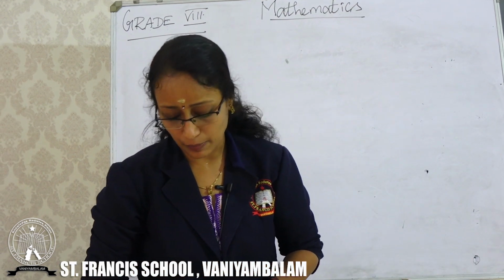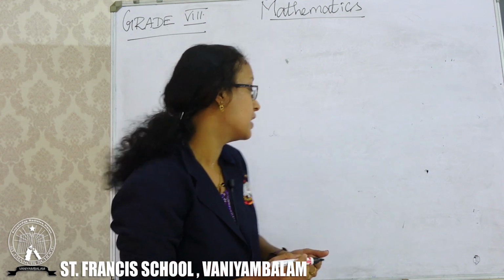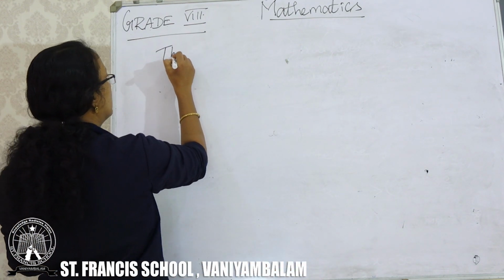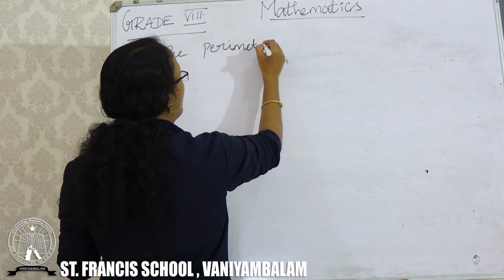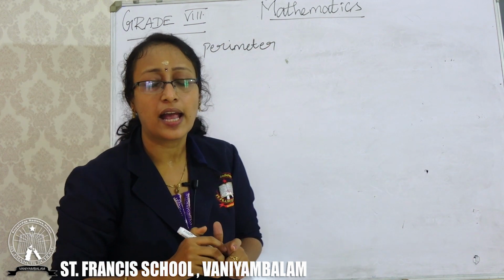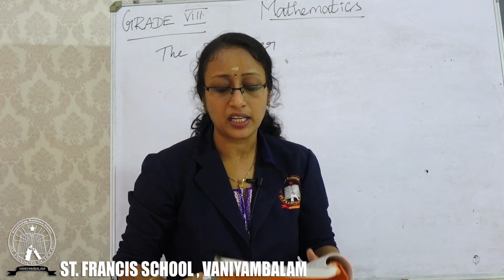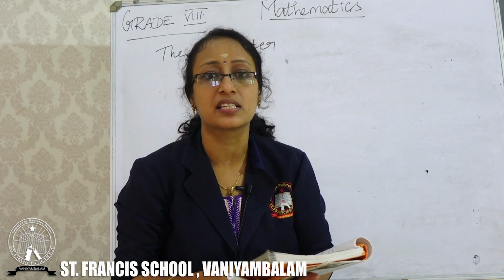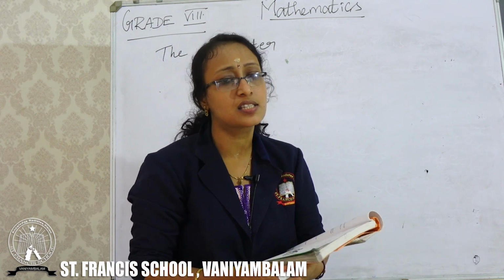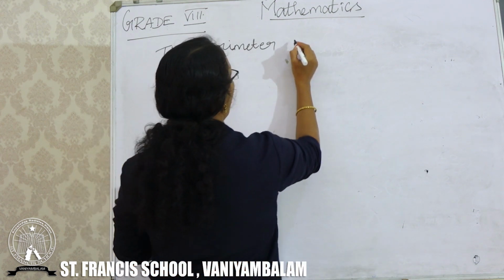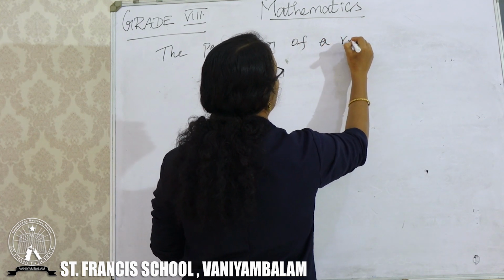Next example problem, second example, is the perimeter. It is from your textbook. Children, you can please take your textbook, example problem, page number 25, example 6. The statement is given, so I will tell you how to solve this problem. The perimeter of a rectangle